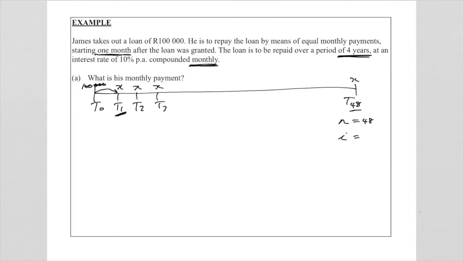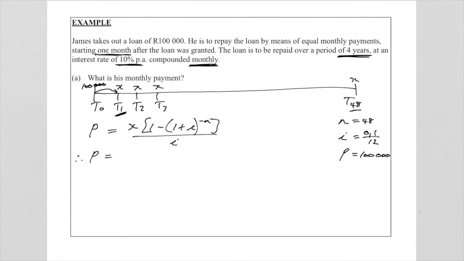Our interest rate was given at 10% per annum compounded monthly. So that will be 0,1 over 12. And our present value, that means our loan, is that 100,000. Remember, this is a present value annuity. Our present value annuity formula: P equal to X, 1 minus 1 plus I to the minus N over I. And now we substitute to calculate